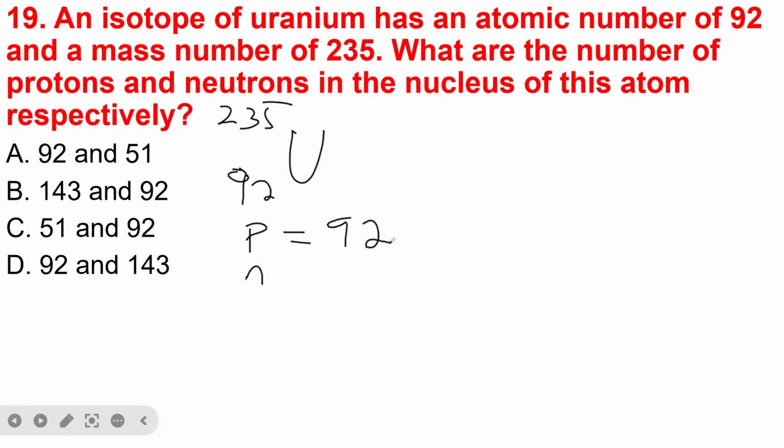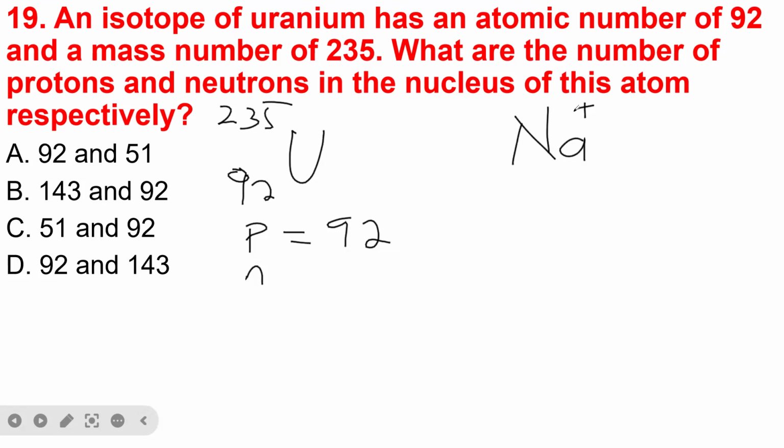More importantly, if you have an element that is electrically neutral, that is, it doesn't have a positive or negative charge attached to it, the proton number and electron number are always equal. But if the element has a positive charge, the number of electrons decreases. Let me give an example. Let's say we have sodium